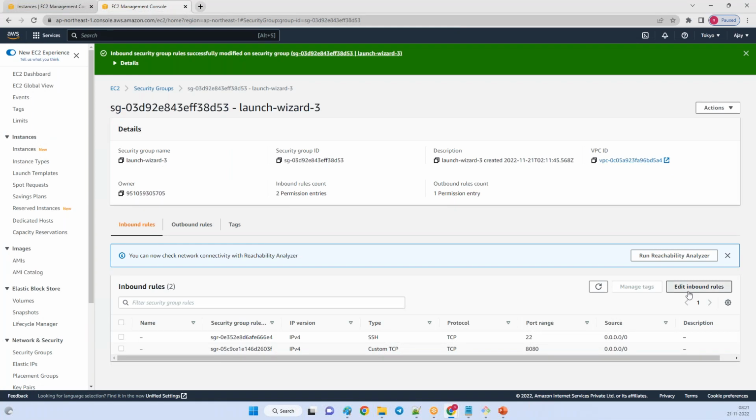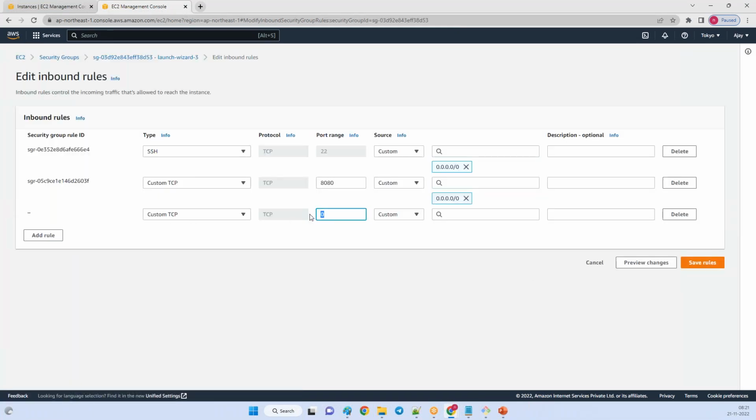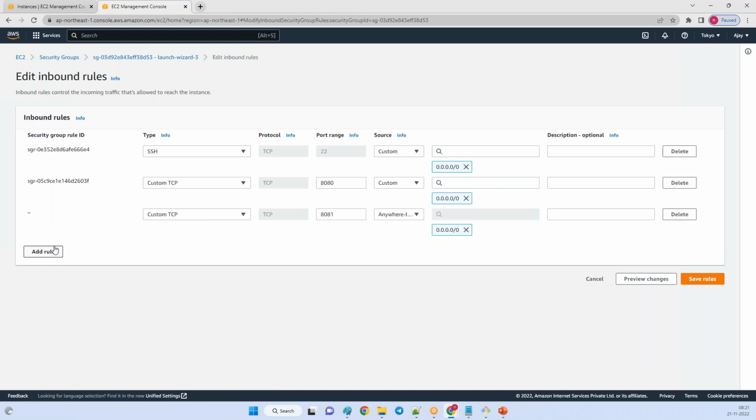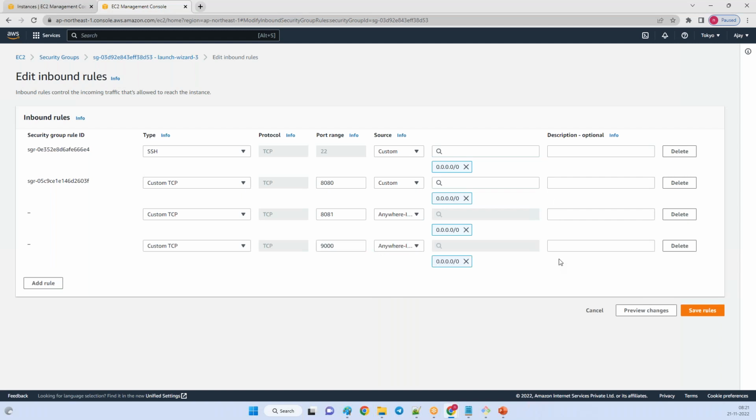At the security group level, you can open Nexus port 8081. And anyway, we can open the SonarQube port number as well, that is 9000. This is for SonarQube code quality checking, and this is your Nexus port number.